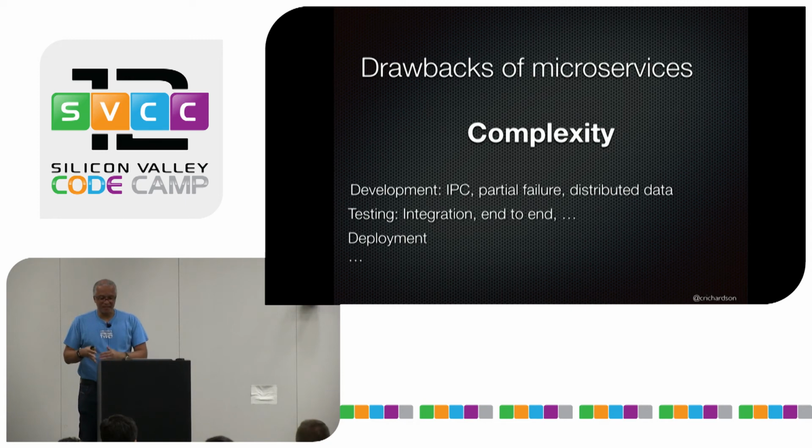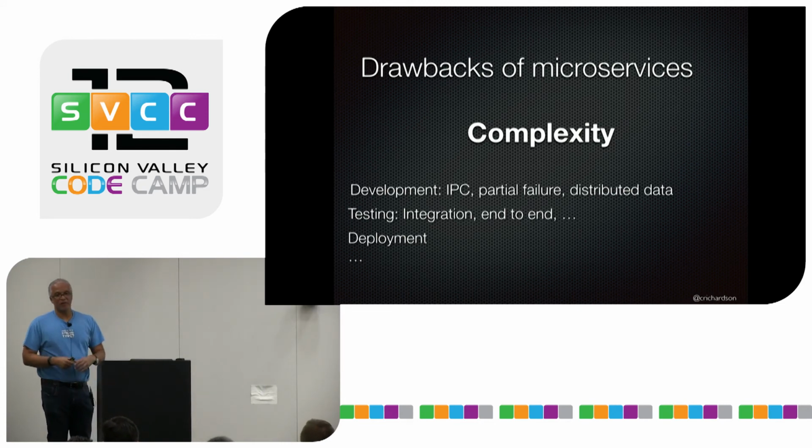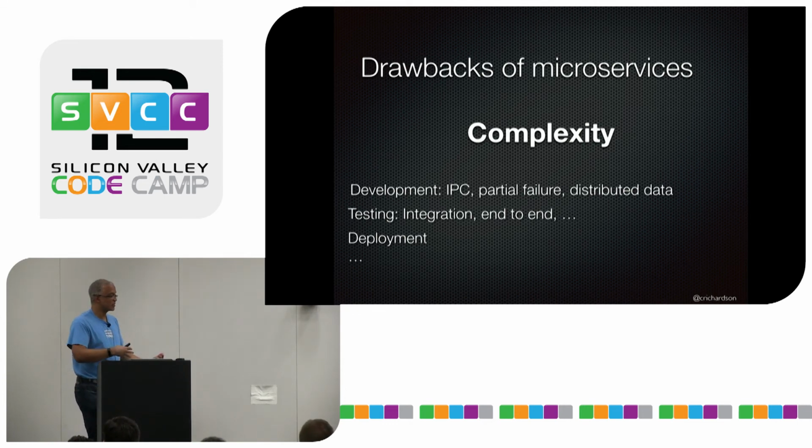The good news is that there are things like Kubernetes, or some other Docker orchestration framework, or PaaSes like Cloud Foundry or OpenShift that automate deployment. And the stuff I was doing with Cloud Foundry got me interested in the microservice architecture, which is how I ended up talking to you about this today.